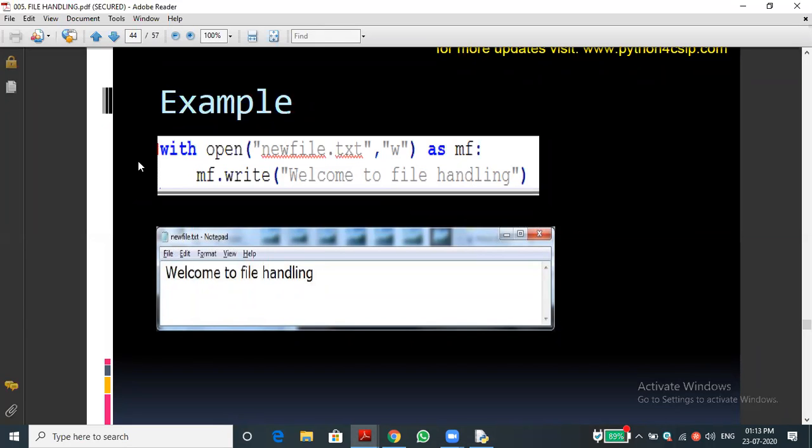For example, we have seen before that using the flush function, the close function will call the flush function implicitly. Likewise here, if you are using the with statement, automatically yes. As mf means what, sir? mf is a file handle. Instead, we can give whatever name, for example your name or my name, A, B, C, any identifier. mf is a file handle.